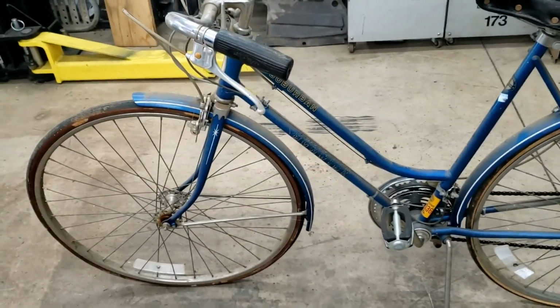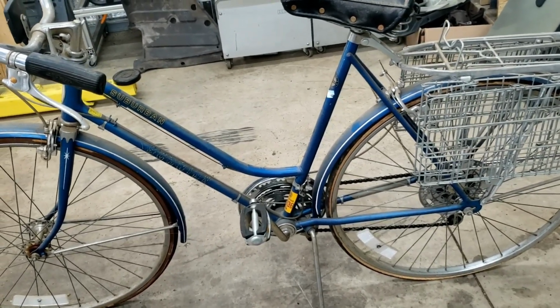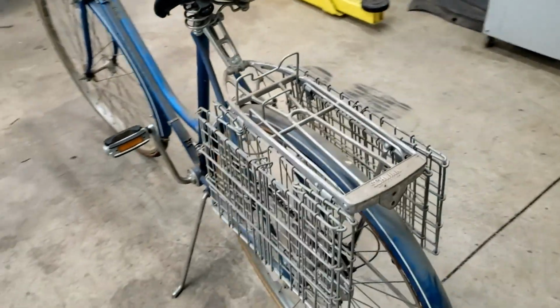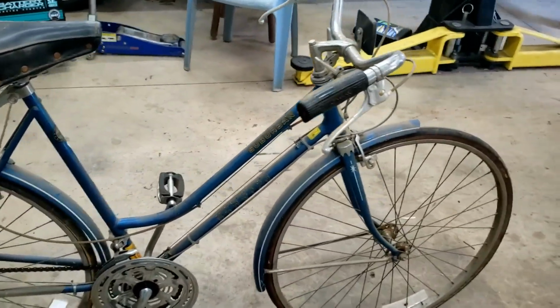Hey guys, check this out. Something really different at the Slow Shed here today. I bought this old Schwinn bicycle probably 8 or 10 years ago. It's at one of these Habitat stores,